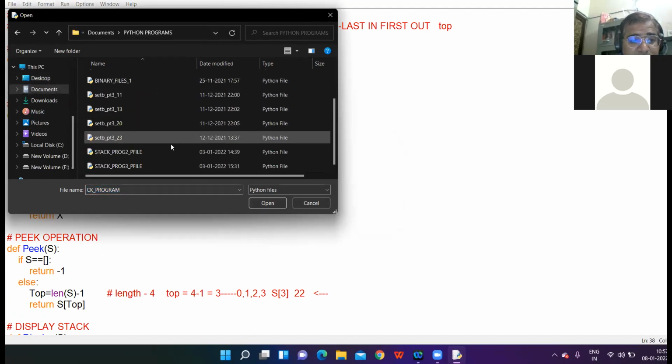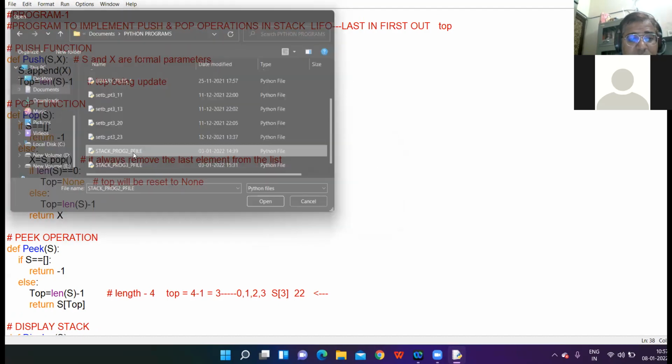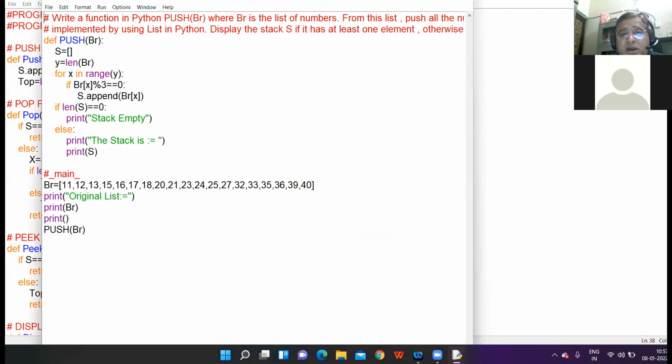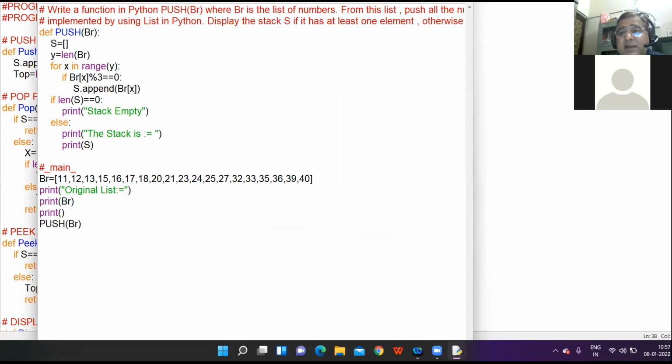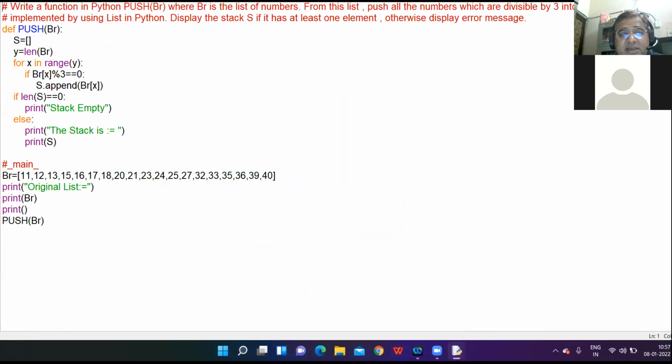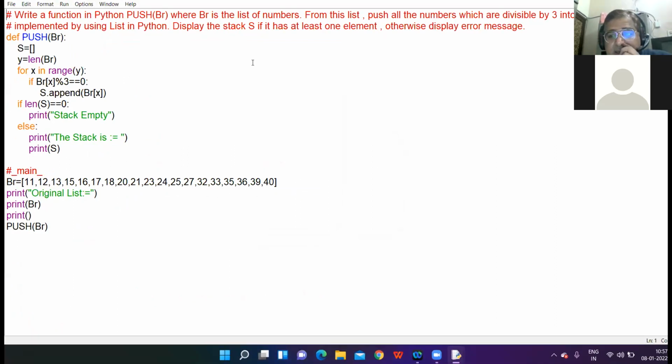Okay, this is another program, the second program which you are to do in your practical files. This question has been taken from the sample papers. So this also covers a very good logic of the stack. So all of you go through the question carefully, right?